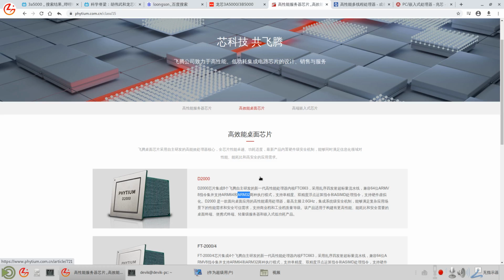So if they sanction the Chinese CPU makers, they cannot buy the newer instruction set, like what Huawei is suffering. Huawei cannot use ARM's latest instruction set, ARM version 9, V9.